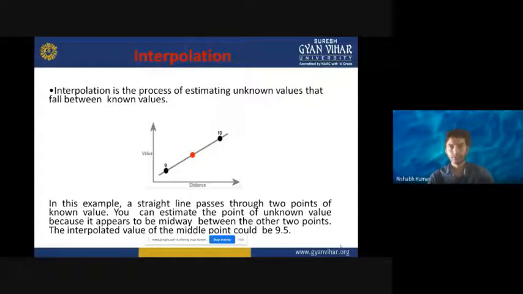Interpolation is the process of estimating unknown values that fall between known values, right? So when you want to find out a value at a point which is not known, if you want to find out a value of some variable that is unknown with the help of the values of the variable at the neighboring points or some other points, then the method is known as interpolation, है ना? कि आप